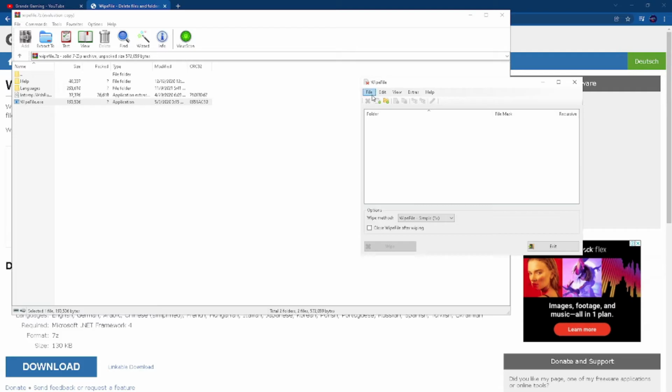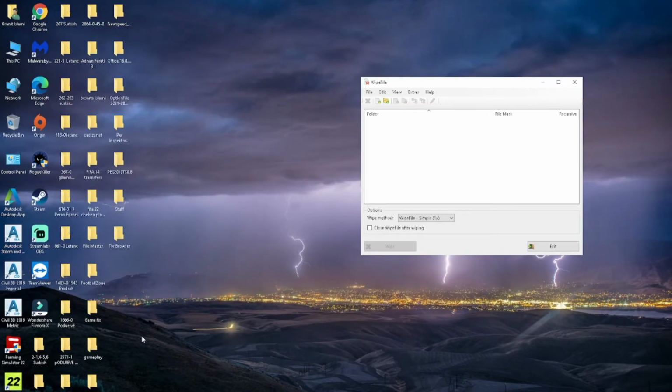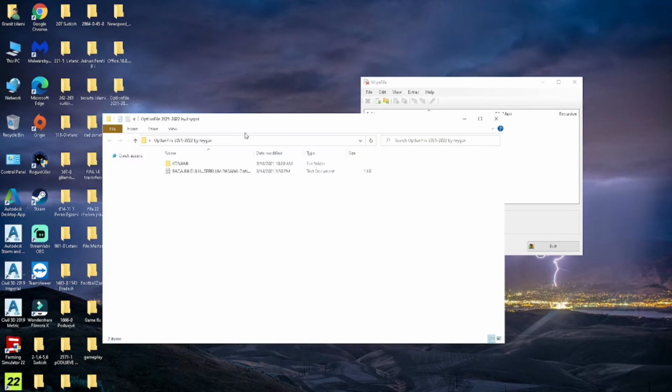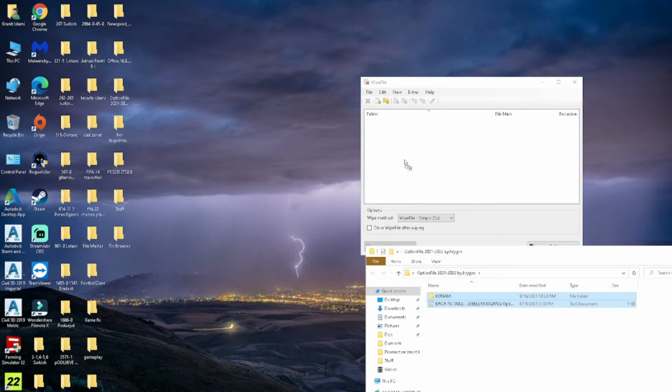just open the WipeFile and choose any folder that you want or any file. It doesn't matter, just choose a file or a folder. In my case, I will delete these two, one folder, one file. So just hit wipe